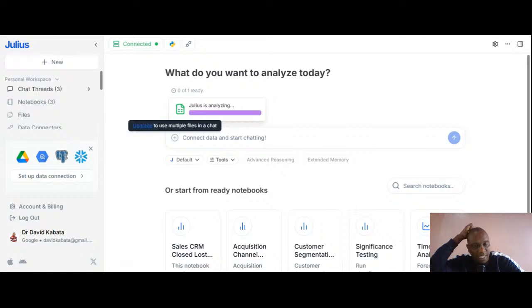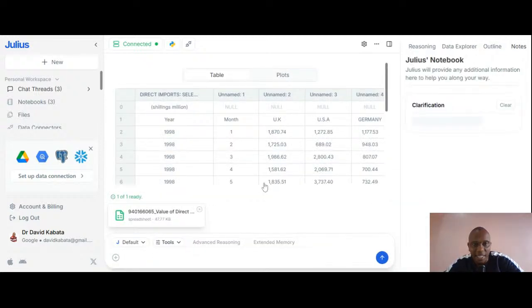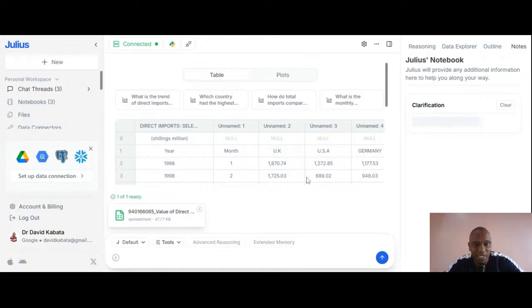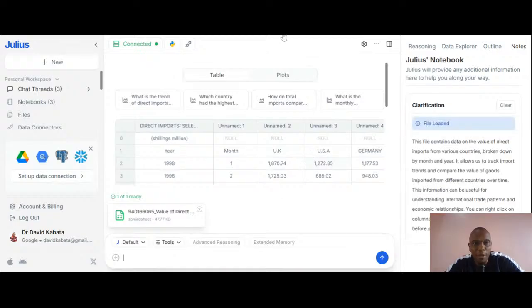So Julius AI is analyzing the data. Now you can see the data is already there. I wanted to know about the direct imports in Kenya. Now, I have the data, but maybe I don't know what I need to ask, or the prompt that I'm going to use. So what I'm going to do,